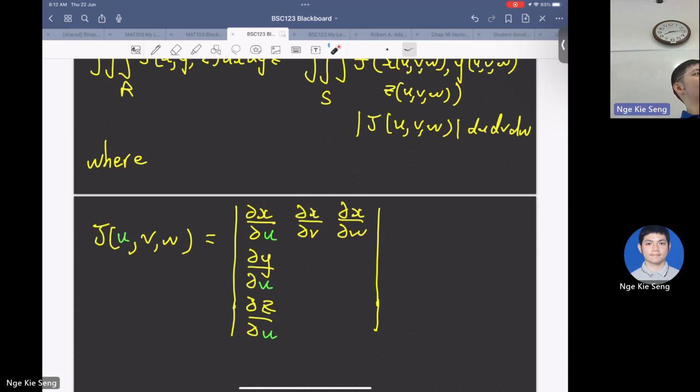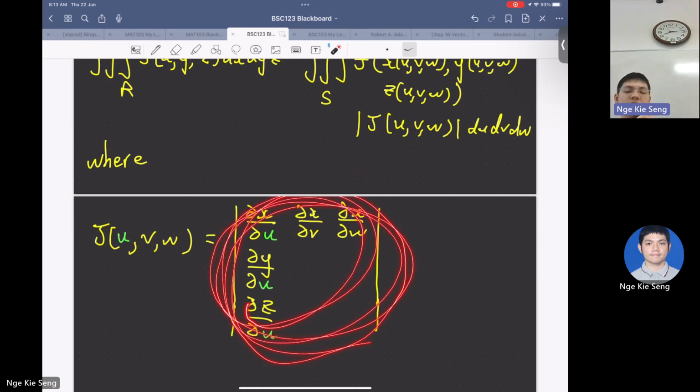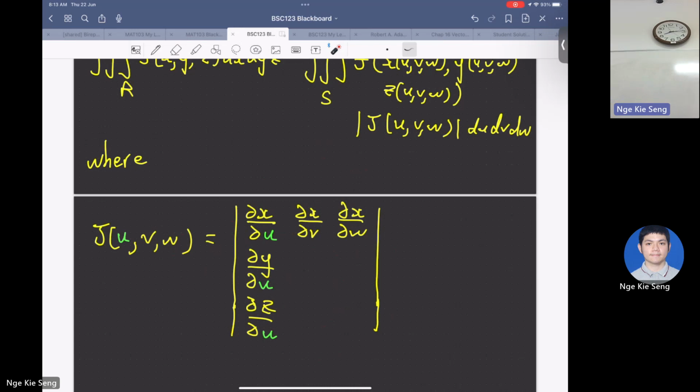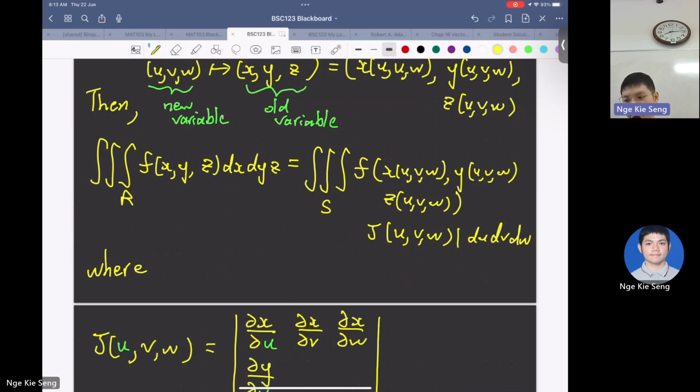I don't think you can phrase it like that. But you don't exchange terms arbitrarily, like X, Y, X. If you want to exchange, you need to exchange row by row, column by column. You get what I mean? Because I can write WV instead of VW, right? So if you do any row operation or column operation on this matrix here, the determinant you get differs by a minus sign. But in this theorem here, we put an absolute value of the Jacobian. So in the end, you need to take the absolute value of it. So that's why it's invariant on how you arrange your matrix. But the convention here is